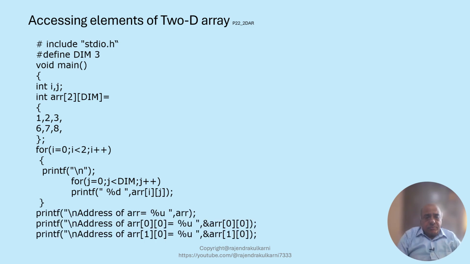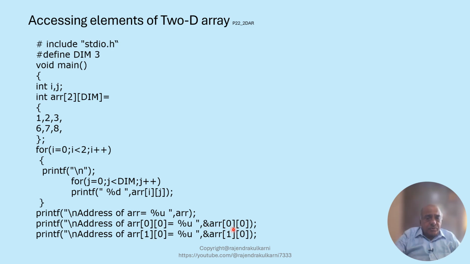And then we have another 3 printf statements. The first printf statement, address of ARR is equal to %u, ARR. This statement will display the address of the 2D array ARR. The second printf statement will display the address of the element number 0 of the array ARR, through the address of operator, ampersand